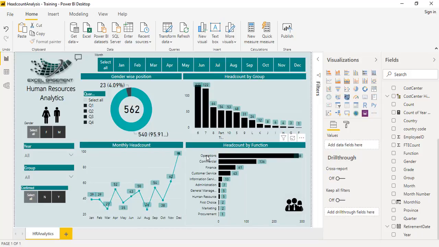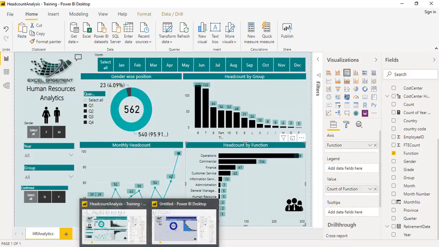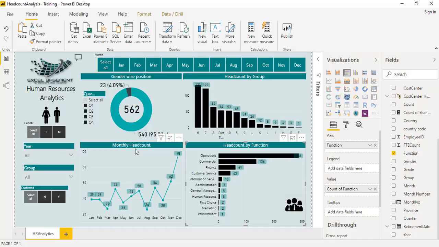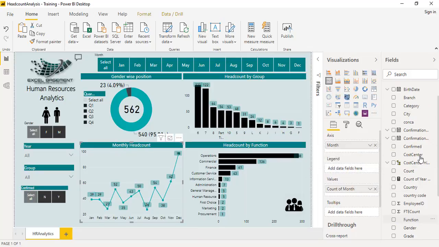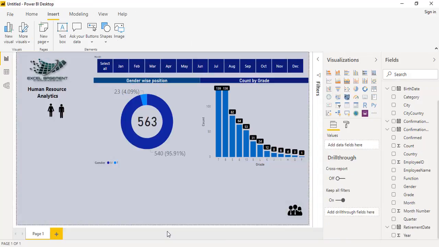So in the next part, what I am doing is creating a line chart, and then a bar chart sorted from highest to lowest, describing the departments or the functions, right? Again, this is very easy. What we need to do is first create the line chart. For creating the line chart, what I have used is the month field and the count, right? So let's start with the month,